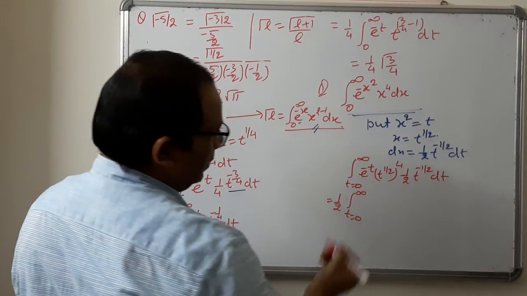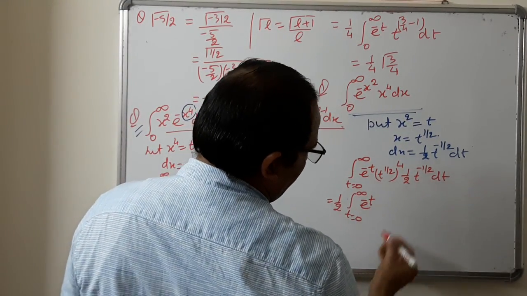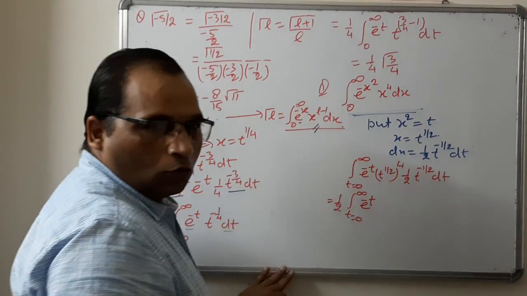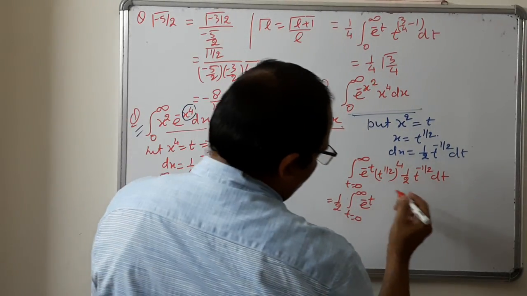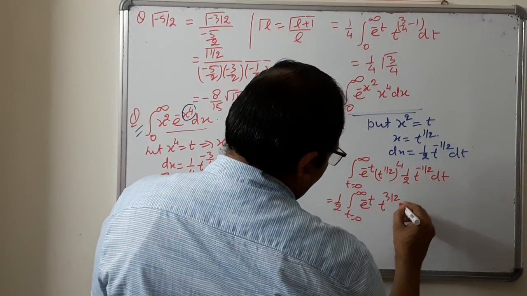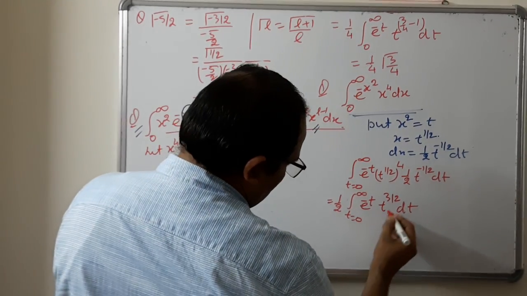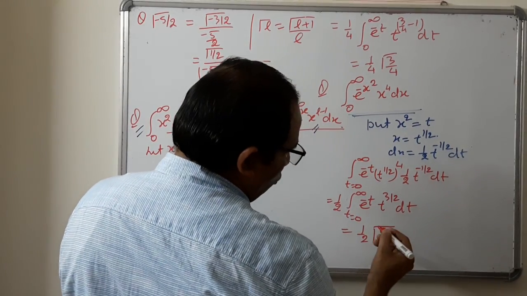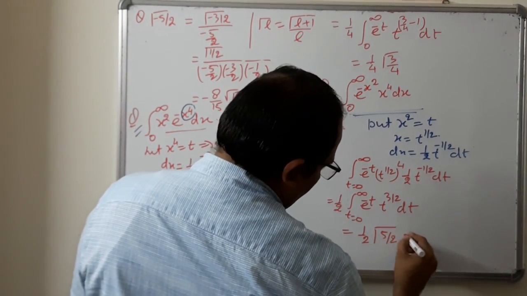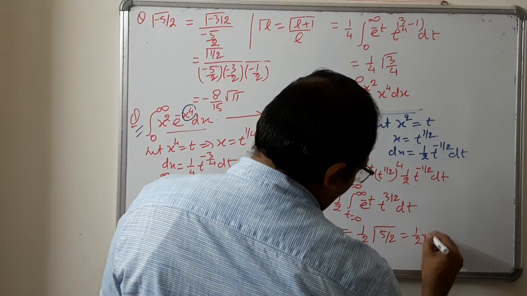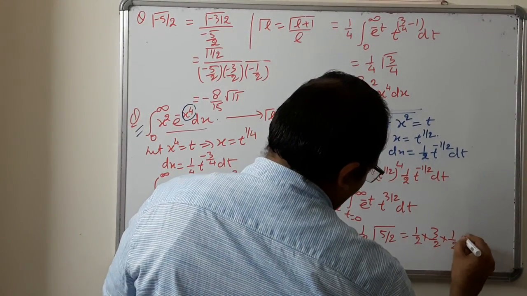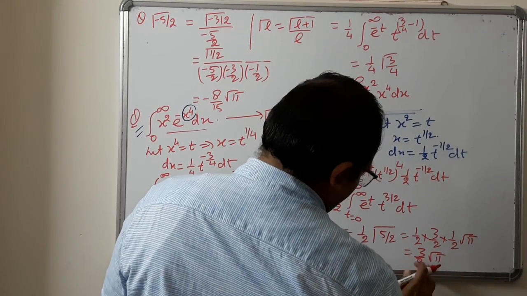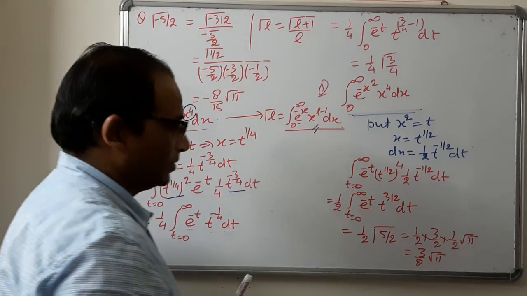This can be written as the integral from t = 0 to infinity, taking 1/2 common, we can write 1/2 here, and this is e^(-t), this is t^(4/2), that is 2. So t^(2 - 1/2), that means 4 minus 1 over 2, 3 by 2. You can write t^(3/2) dt. That is, you can write this as 3/2 plus 1 minus 1, that means 1/2 Gamma(3/2 + 1), that is Gamma(5/2), and this can be written as 1/2 times 3/2 times 1/2 times root pi. That means 3/8 root pi. This is the value of this integration.